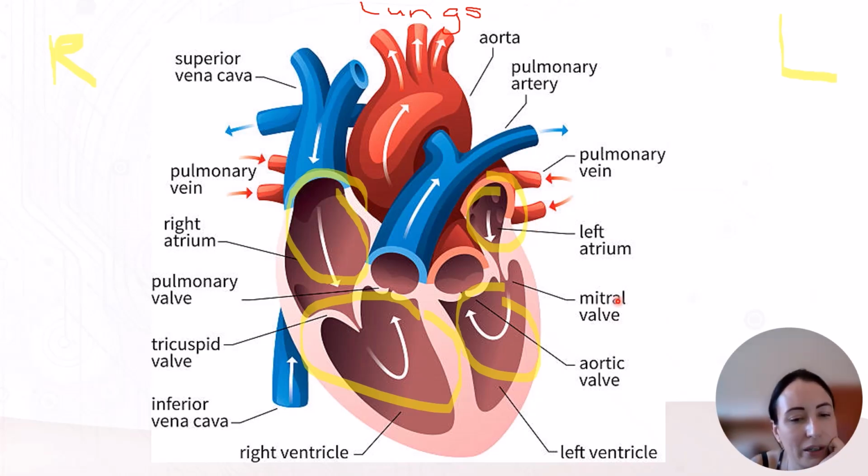Let's start somewhere else so we check our skills. So let's talk about the right atrium. So the blood enters the right atrium. I forgot where it enters from, so we're not going to talk about that. Just say it enters the right atrium. It then needs to move down into the right ventricle through the tricuspid valve. What type of blood is it? It is oxygenated blood because it's on the right hand side of the heart. It then moves to